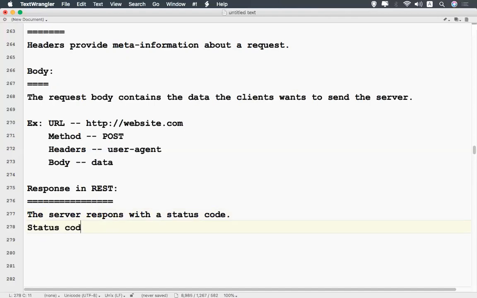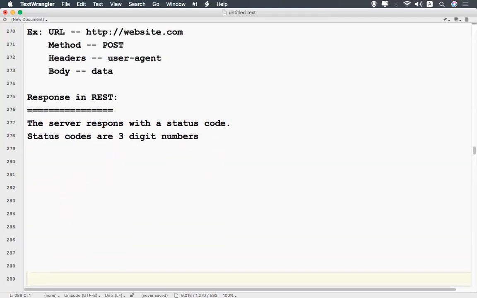So status codes are 3-digit numbers. Exclusively we'll see in the next video in the status codes, but a status code contains 3 digits. Okay. So if you take an example, the response contains status code, let's assume 200. Okay, means it's a successful request.